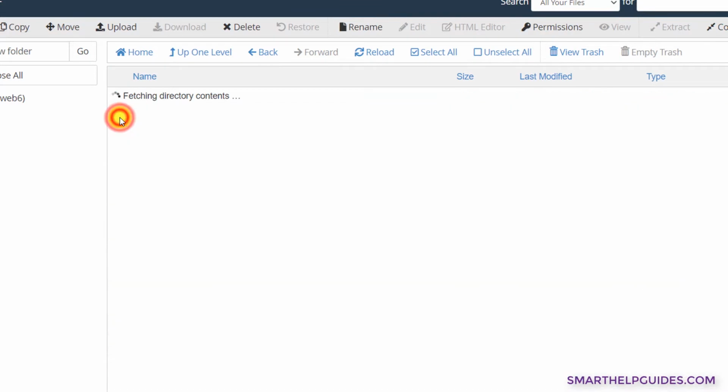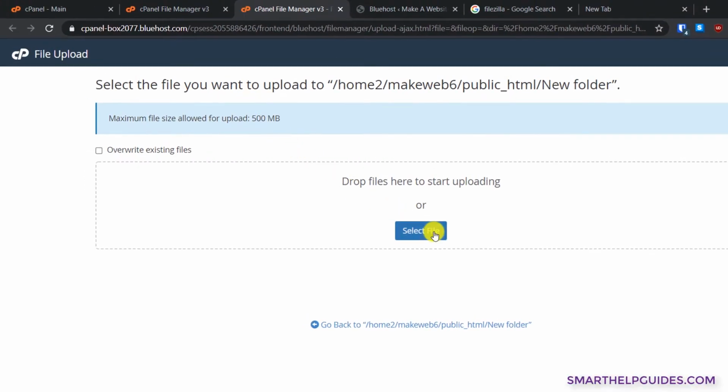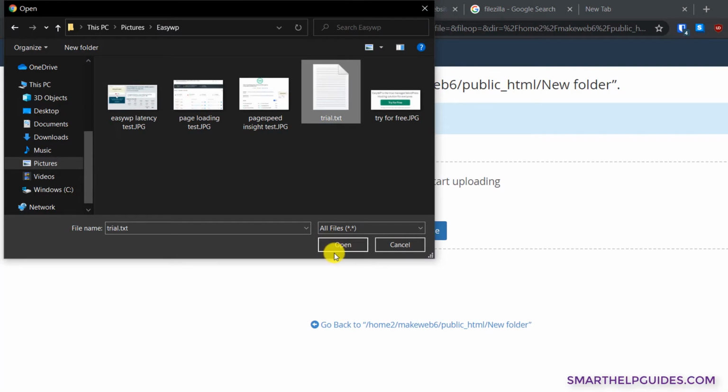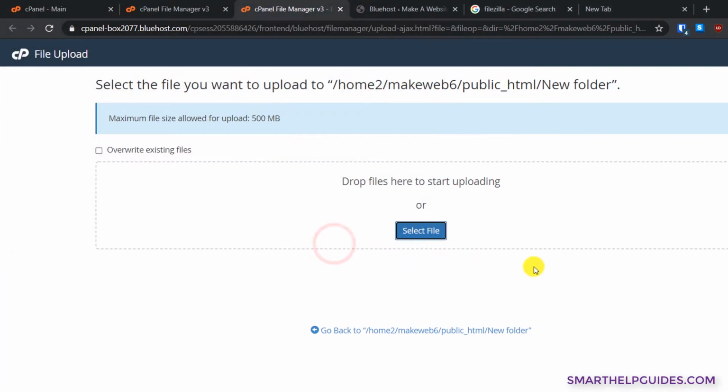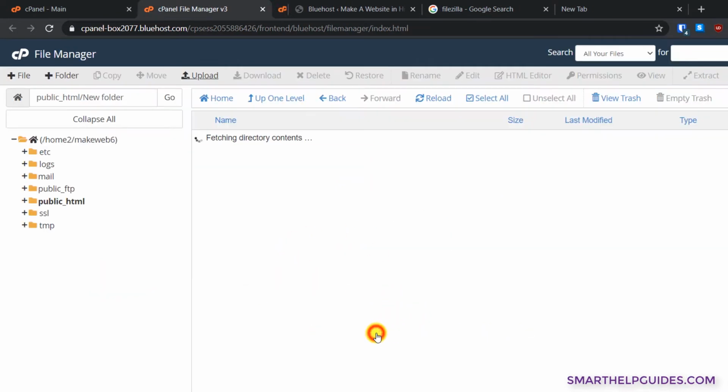If you want to enter it, you can just double click it, and now if you want to upload a file here, just click on upload. Now select file, then click on open, and it will be uploaded. To go back to the file manager, just click here, go back, and this will refresh.